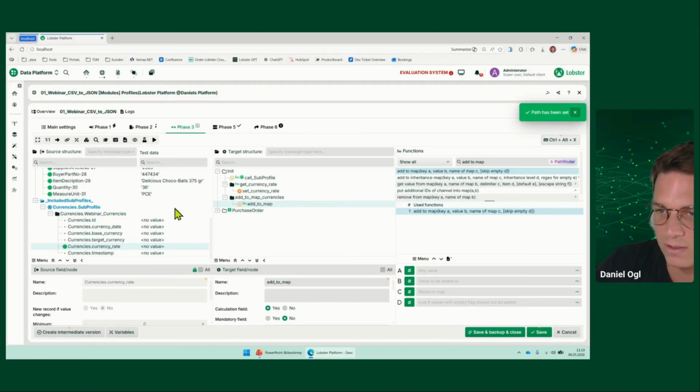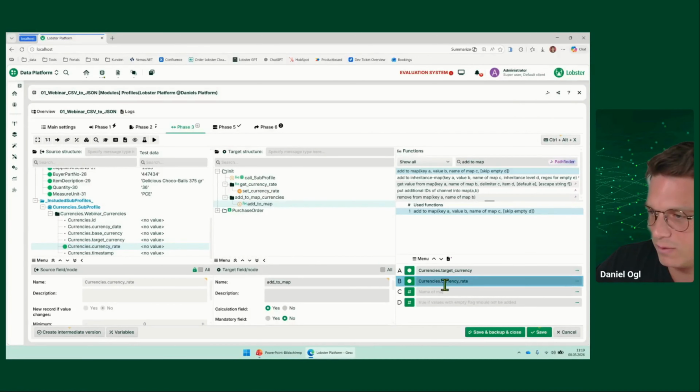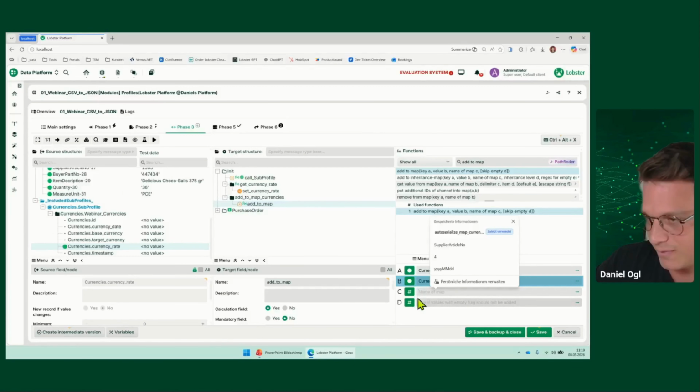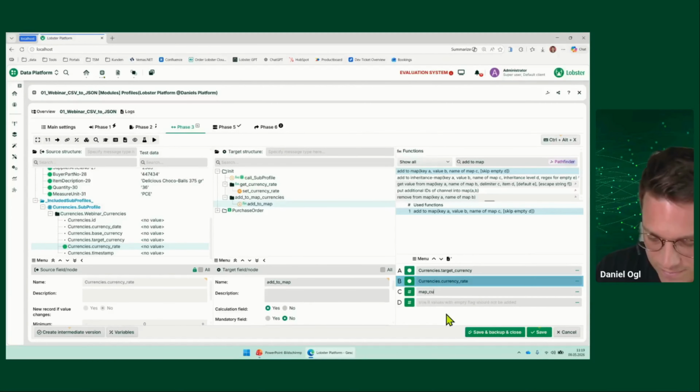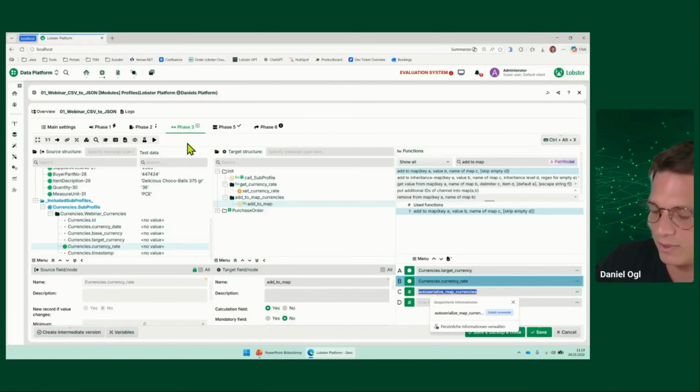So first of all, let's iterate and set the currency as a key and the rate as a value. And the name of the map is now really important. I can call it map currencies, but that's common. I can add auto serialize as a prefix to the map name, and the magic will happen afterwards